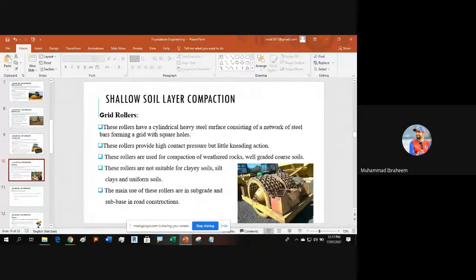The last one is grid rollers. These rollers have a cylindrical heavy steel surface consisting of a network of steel bars forming a grid with square holes. As you can see in this picture, there is clearly a grid on the surface of this roller. These rollers provide high contact pressure but little kneading action. These rollers are used for compaction of